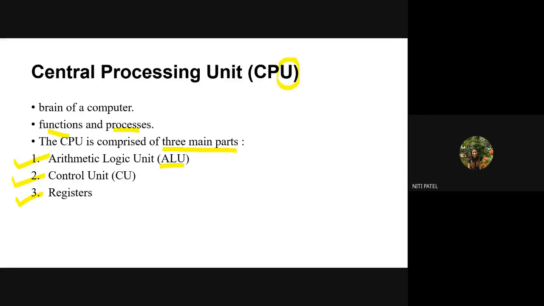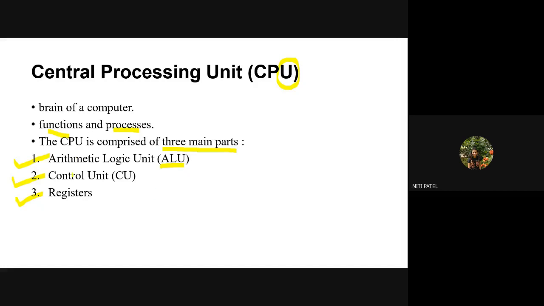If I give subtraction, again it will go to the ALU. If I give multiplication, it will go to the ALU. If I give division, it will go to the ALU. If I give compare the two words, again it will go to the ALU. So what is that arithmetic and logic unit? Every brain function, every computing function is done by the ALU. तो जो भी यूजर ने इनपुट दिया है और जो भी प्रोसेस करना है, that is done by the CPU, but which part of the CPU? It is the ALU part of the CPU.